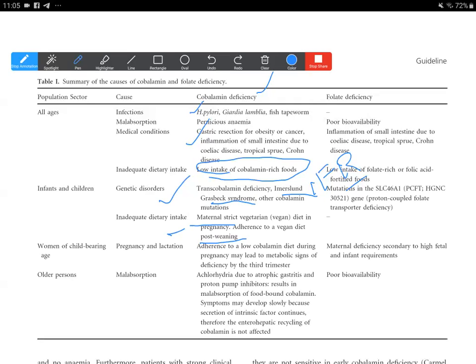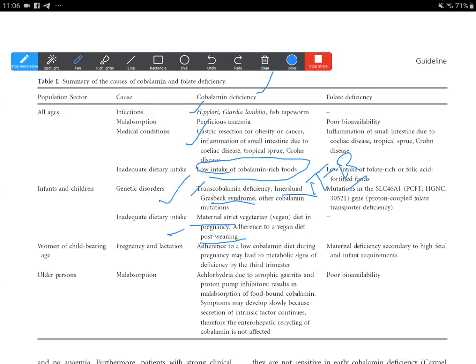So it could be either the transporter defect or the receptor defect. So there could be transcobalamin deficiency or Imerslund-Grasbeck syndrome, which is an intrinsic factor receptor deficiency, and this may occur even in the cubilin part or the amnionless part, and in this case all the other assays of parietal cell function and intestinal absorption are normal. It's only the cobalamin deficiency which sets in infancy. And so also regarding these, genetic causes in infants and children are specific.